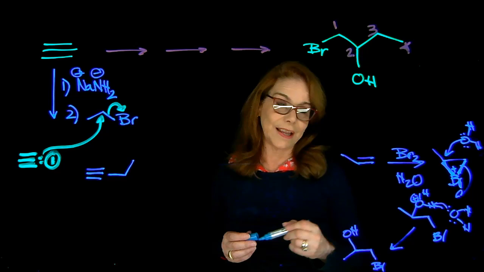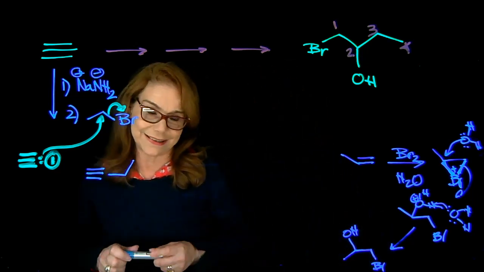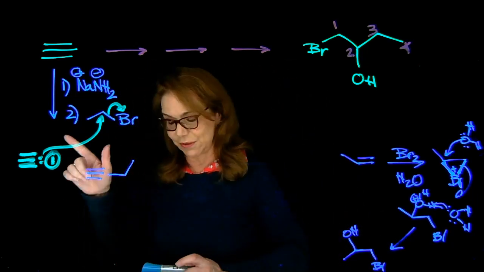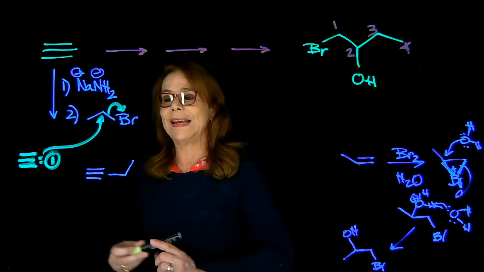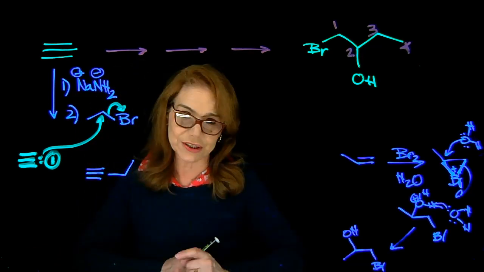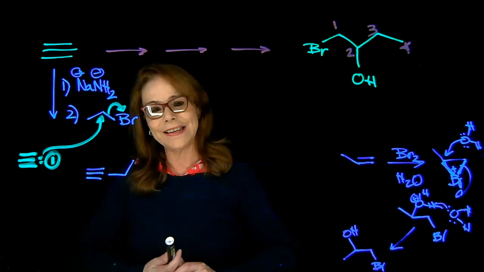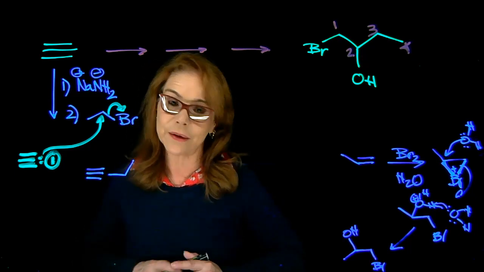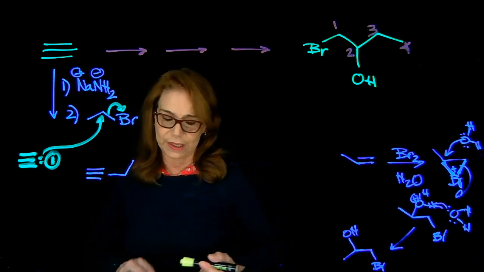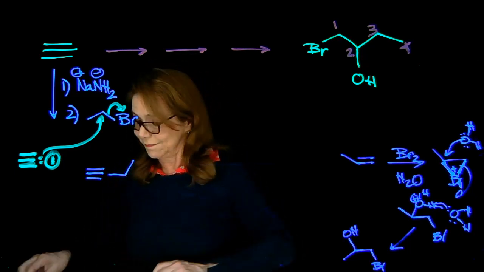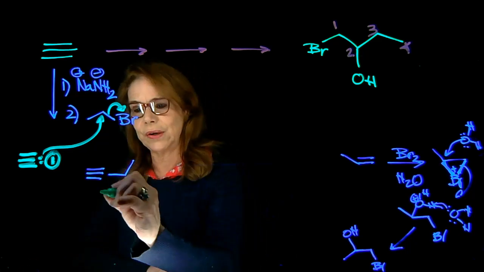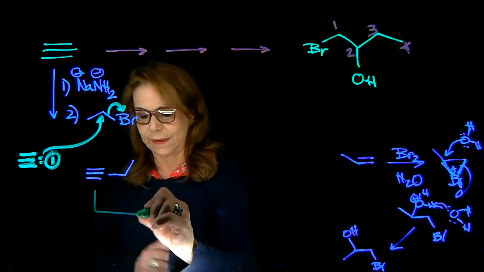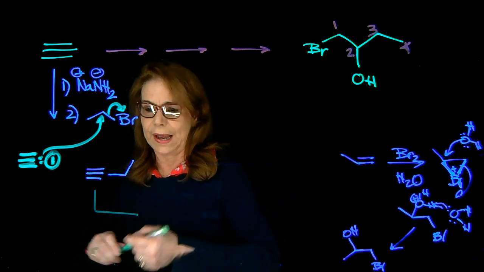So, okay, I know that I need to do that. But first, I need to make an alkene, and I don't have an alkene yet. So I used that step to increase the number of carbons in the chain. But what I'm doing now is I need to make a hydrogenation reaction, and it has to have a poison catalyst so that we form an alkene and not an alkane. So here, what we're going to do from this step, we're going to be adding